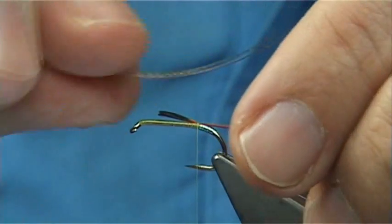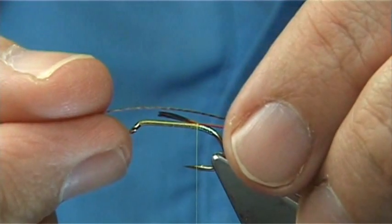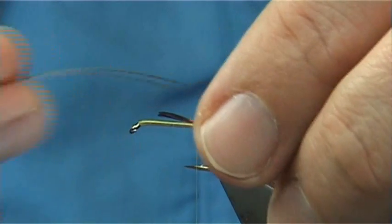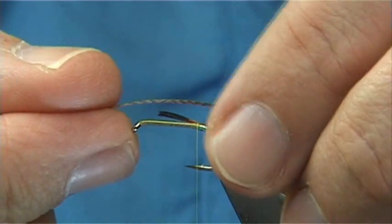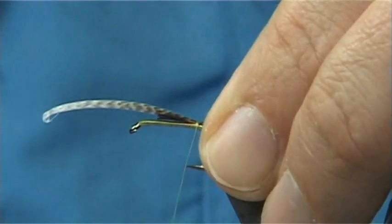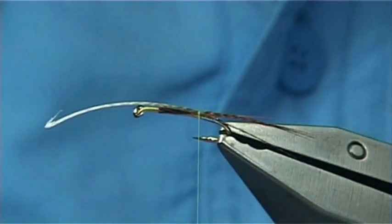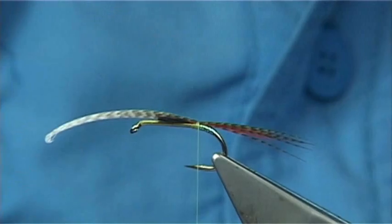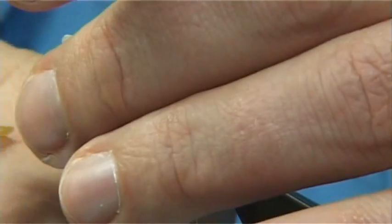I just usually lie them on the top with the normal curve going down or up, depending how you like it, and slightly longer, looking at least the length of the hook, and sometimes a wee bit more. Wee loose turn or 2 to catch it in. Check your length. That's fine. And again, trim this full length of the body,